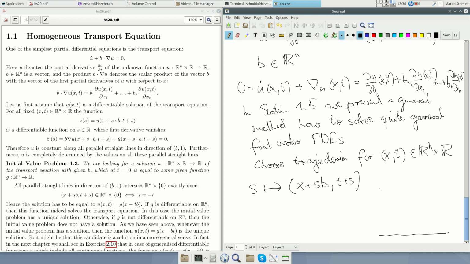And then maybe I draw, here time and here x, also for one dimension we can draw this, and then we have here some point. And if we also draw here s, this moves in some direction. Here is t and here is x, for s equals 0. So this is a line, and the derivative is just b, the slope is just b. So we choose such a trajectory, and now we calculate